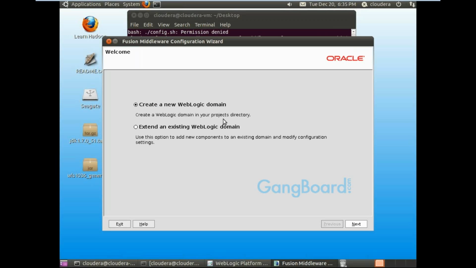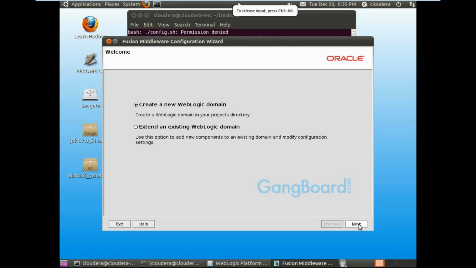Here there are two options in front of us: create a new WebLogic domain, or extend an existing WebLogic domain. If we have any other WebLogic home existing in our environment, we will extend that one, as well as create a new one. So I will go for create a new WebLogic domain.